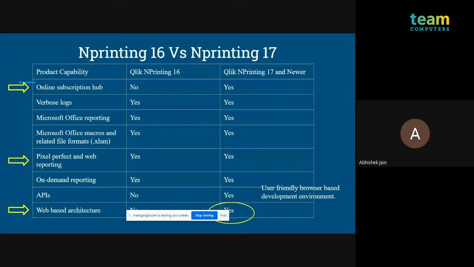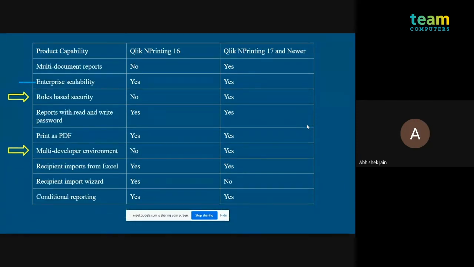The online subscription hub, I have already talked about. Pixel Perfect in web reporting is a very precise and very beautiful reporting tool. Then the complete web-based architecture has radically changed users' perception of Inprinting. It is very user-friendly.